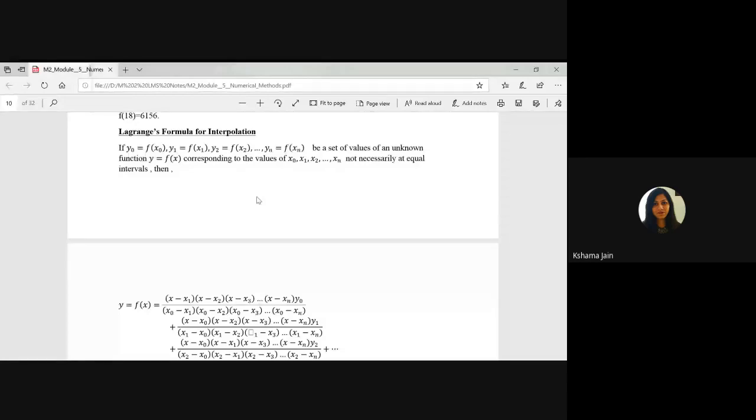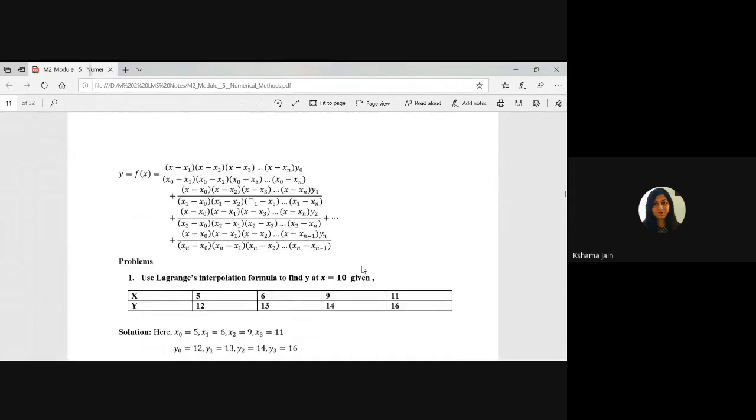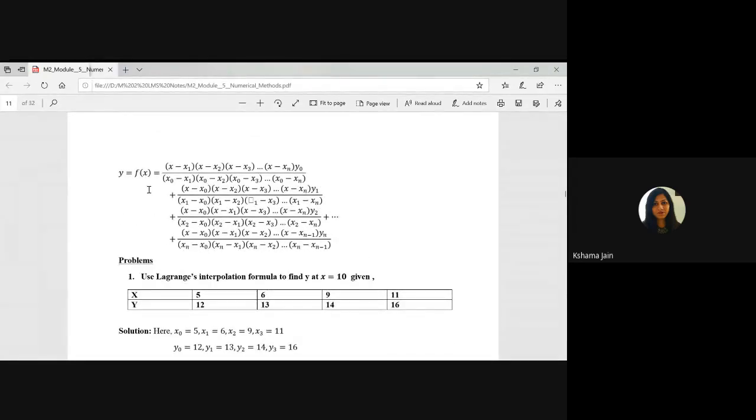That time the formula looks complicated but is very easy to understand, and there is a trick if you learn it. To find the value of y at some particular x, for example, right now I gave you an example: x equal to 1, 5 and 10 have values, and they are asking at x equal to 8, then find the value. At that moment the formula you will write: x minus x naught, x minus x1, x minus x2, x minus x3.